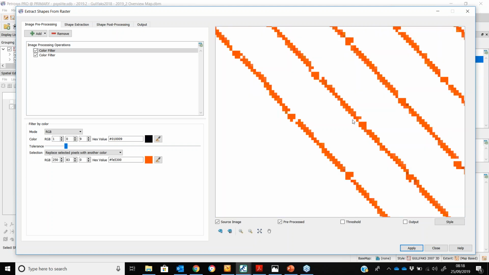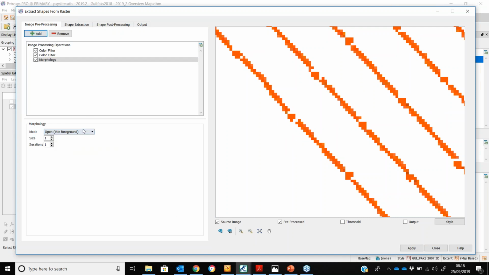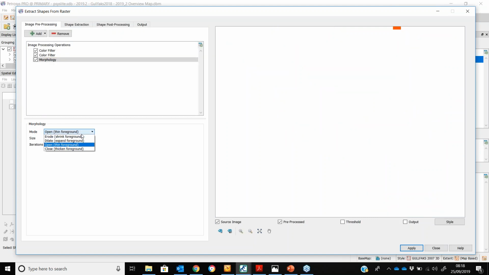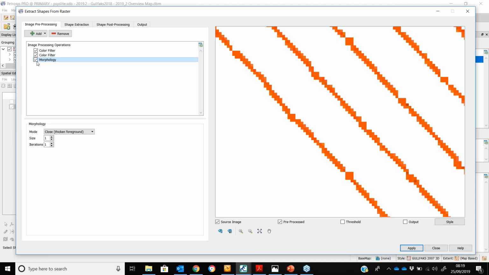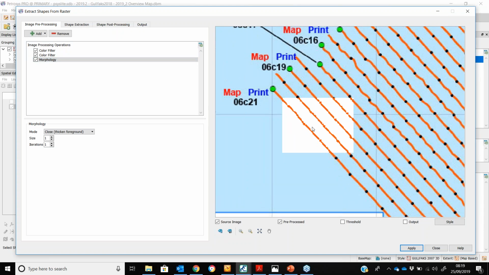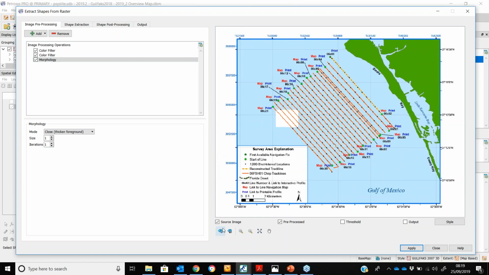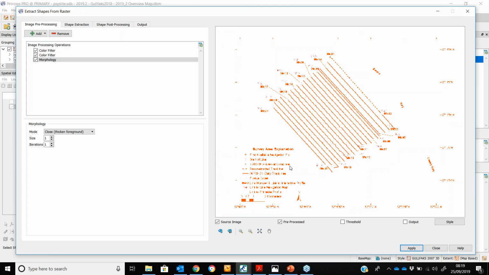However, still some problems because there's some gaps between these lines. So I'm going to add another option called morphology. And I'll just use that to thicken the foreground in here as well. So hopefully you can see now without the morphology, it's got these gaps. If I thicken that foreground, it will thicken these lines a bit for me. So in these sort of 5-10 minute webinars, I'm not going to be able to teach you everything about this, but just to point out there's lots of extra features in here allowing you to tell Petrosys exactly what it is you're looking for. And if we click apply to this,